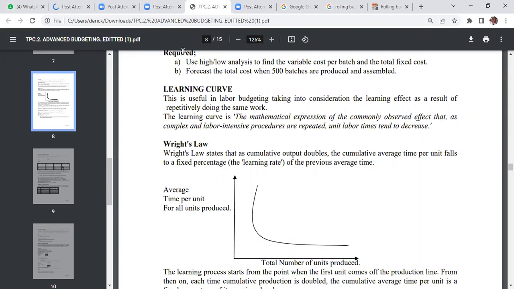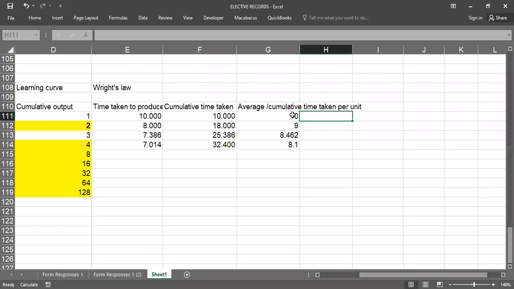So if I take you now to how we compute those, for this one we won't compute because there's no previous time, otherwise you divide by 0. But for the 9, or for the second row, it is this average time divided by the previous, which is 10, times 100%. If you express this as a percentage,